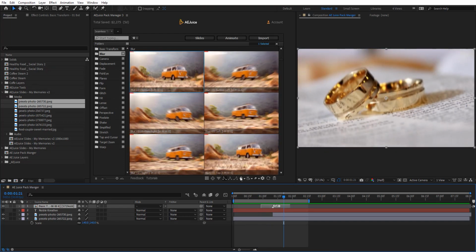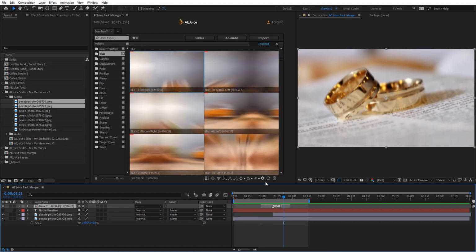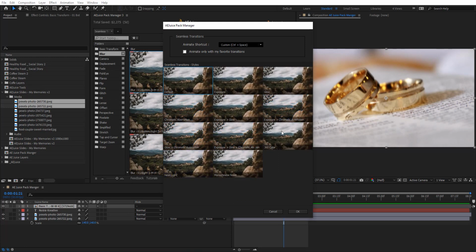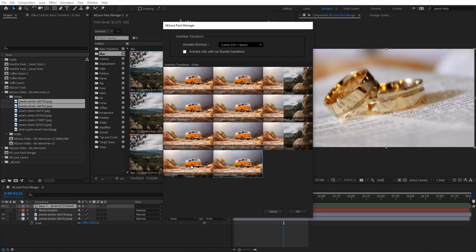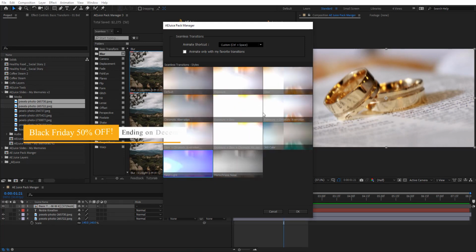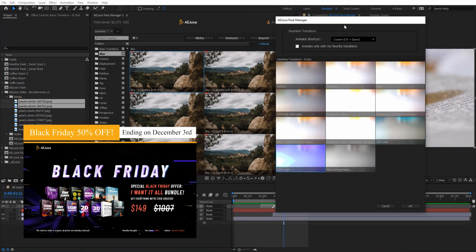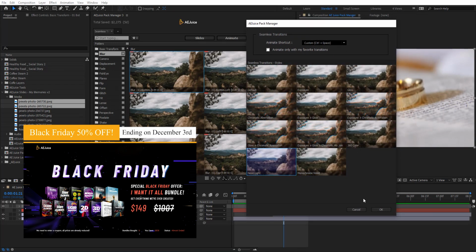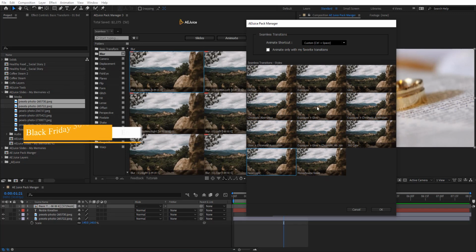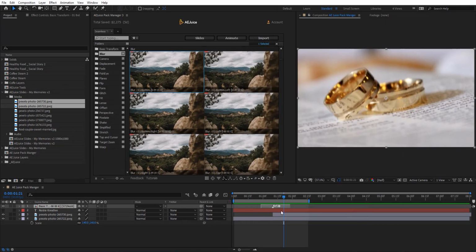And here we got some settings. Here we have this gear. We got the style as well, so you can just use a different style. And here we have the Animate shortcut. So instead of using Animate here, you can just assign a shortcut and use it without even opening the plugin, which is very useful.